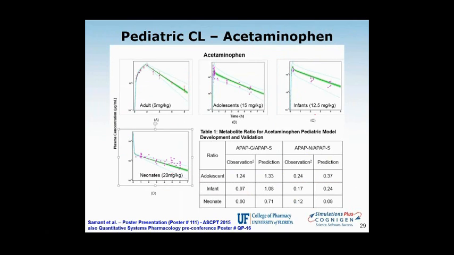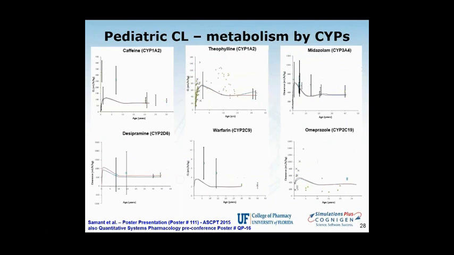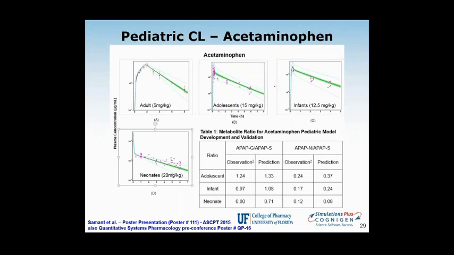So the final stage in this project was, once we were okay with how the ontogenies are looking, to predict specific substrates. They were used to predict acetaminophen, and again going from adults and scaling down to adolescents, infants, as well as neonates, you can see all of them gave very nice predictions for this final compound. So the strategy worked very nicely using the calibrated or validated ontogenies to predict the compound, which may have contributions from multiple different enzymes.